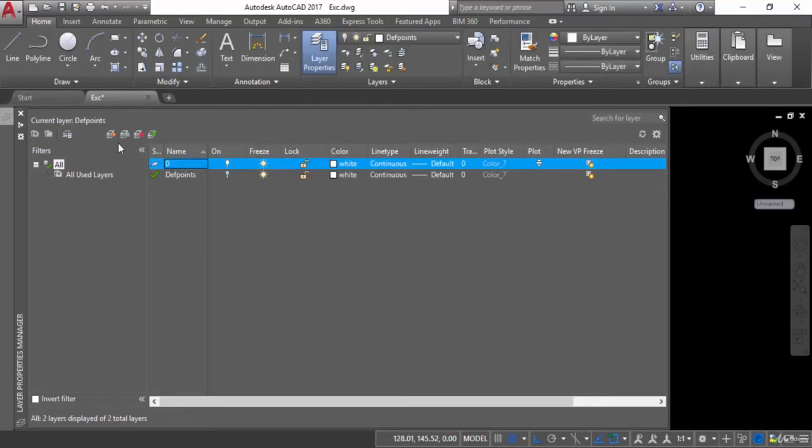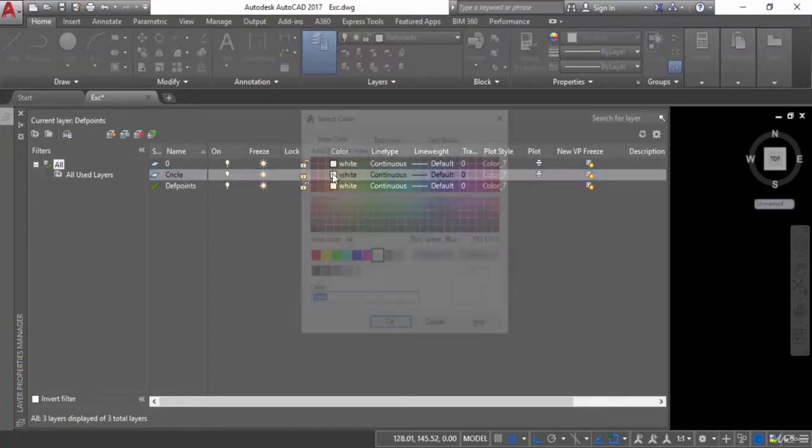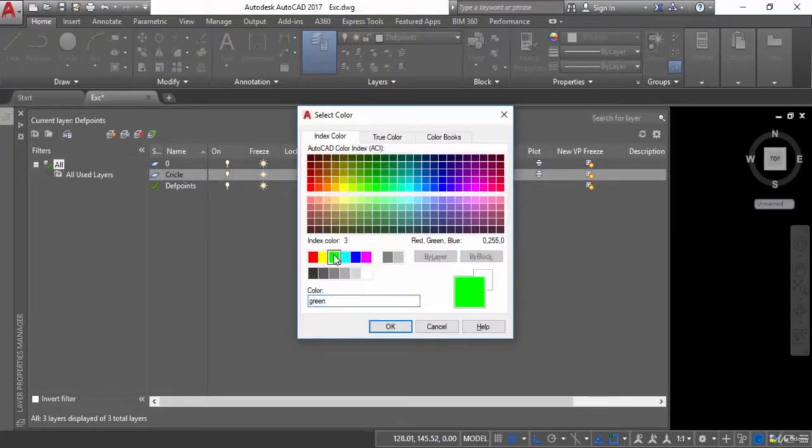Now I will create new layers. I will go here and press backspace, and I want to create a circle layer, because I want to create circles under this layer. I will create this one, and now I want to turn on this layer. Now here are some options that I want to discuss with you. For example, I want to change the color. You can change the color from here. I want to give this color to this one.